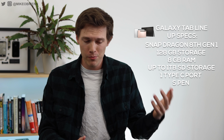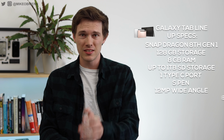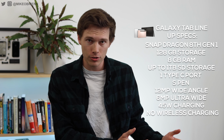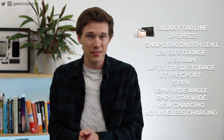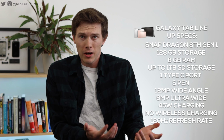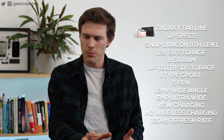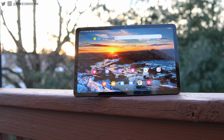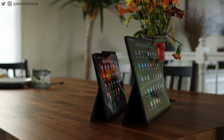They have the same rear cameras, 12 megapixels for the wide angle and 6 for the ultra wide. They all have 45-watt charging. They don't have wireless charging in any of these. And on top of that, the screens also all have 120 hertz refresh rate with pretty much all the same software. There's a couple of exceptions we'll talk about later on in the video, but they're all running Android. They're all running the latest One UI. And so with that, the spec sheets look like almost the same device,